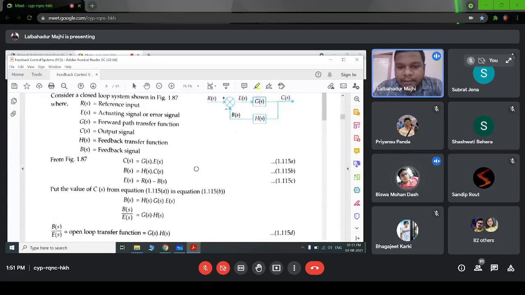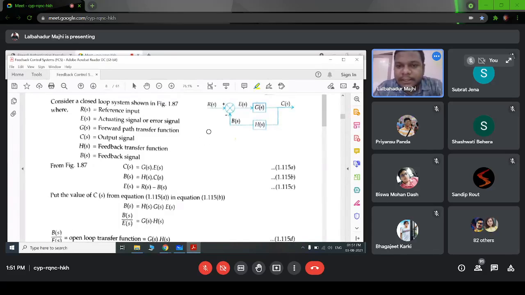Okay, so the motive of this topic is to determine the total transfer function. This is a closed loop, so we have to determine the closed loop transfer function for this block diagram. Closed loop transfer function means the whole transfer function, where the output is C of S and the input is R of S. As we know, the transfer function is C of S divided by R of S, all in the Laplace domain already. So we have C of S here and R of S there.